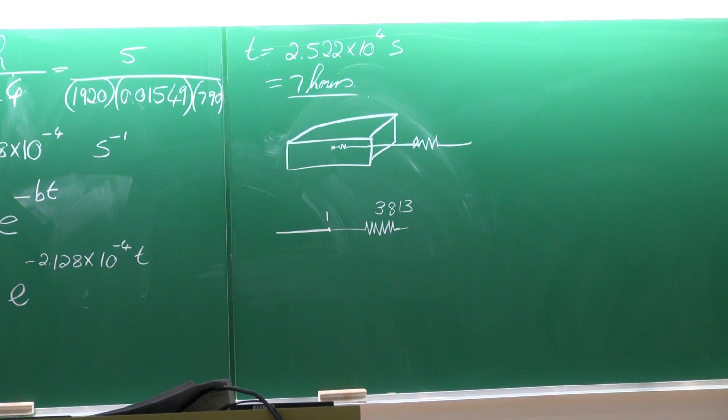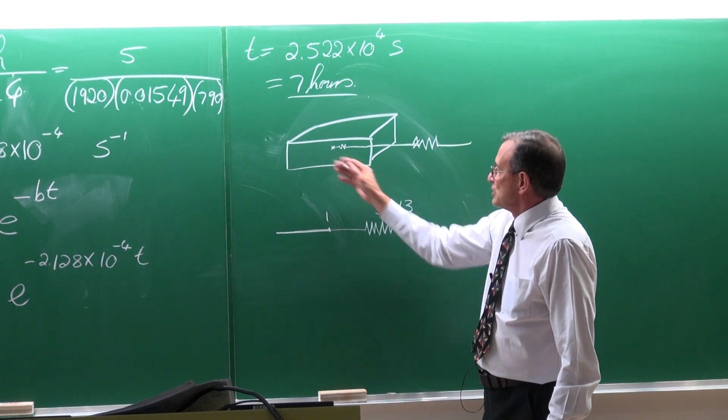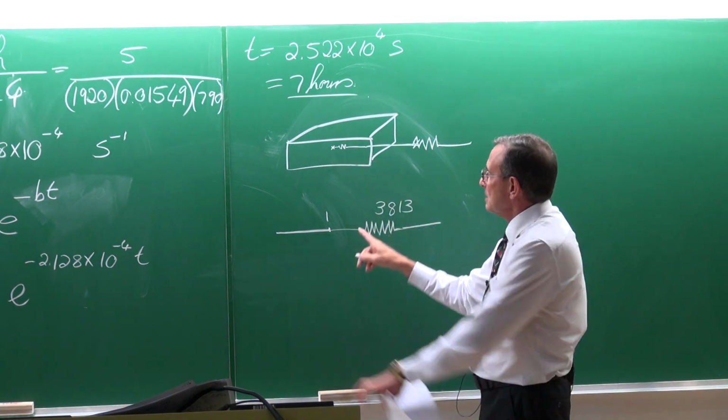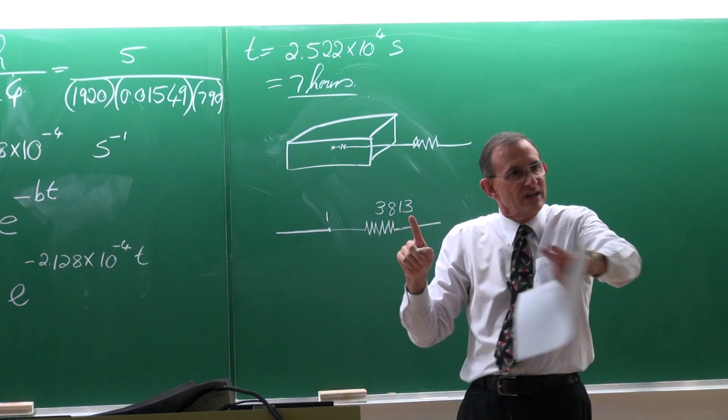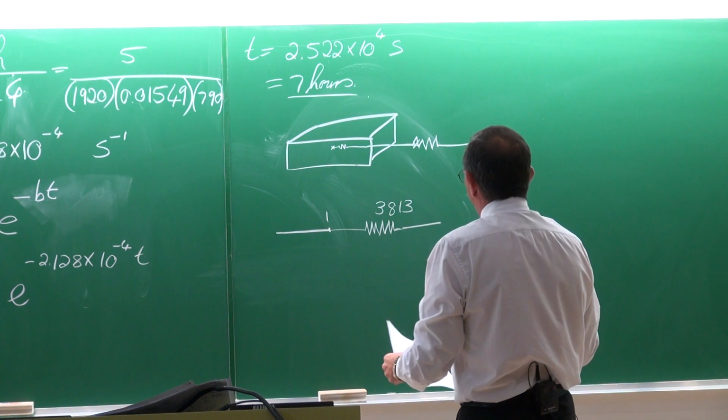That's how big the resistance is. So the reason why this problem can be solved with a lumped system is because there's no resistance on the inside, relative to the outside. It then also means